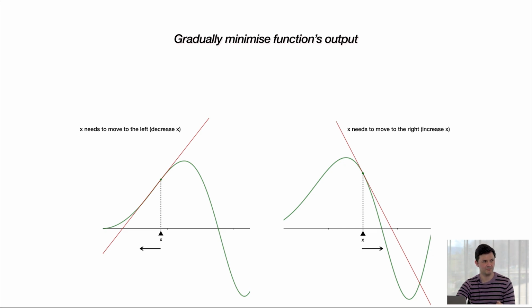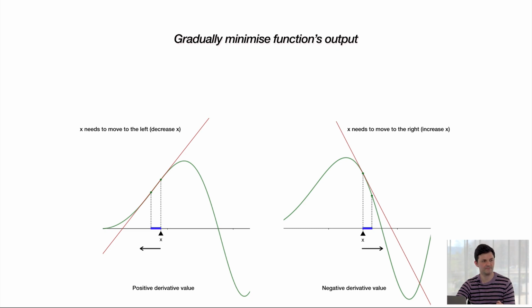Okay, on the left side, what kind of derivative value do we have? We have a positive derivative value. What kind of derivative value do we have on the right? We have, again, negative derivative value. Should we move by a small step towards the left and towards the right? Yes, it's much better to do it than the large step, because we might actually end up maximizing the function